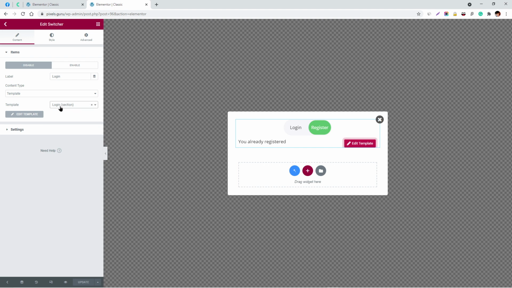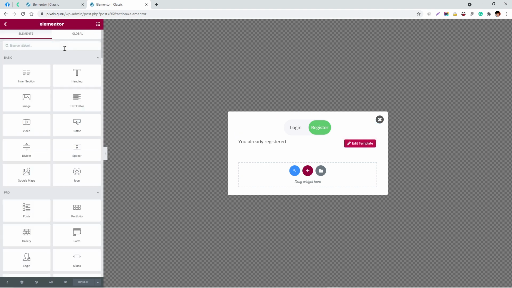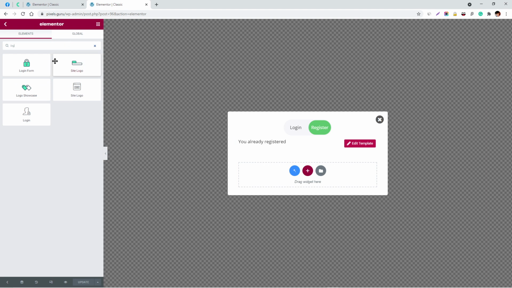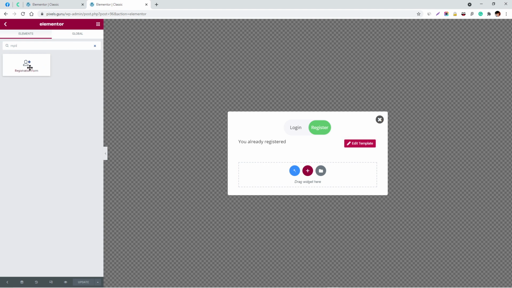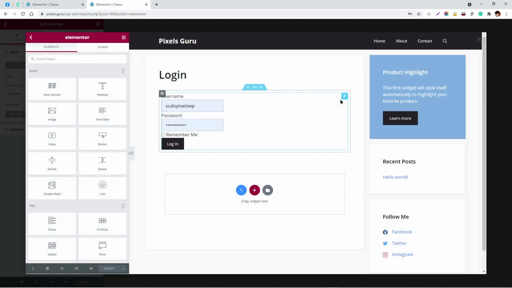Okay, so we had this login section created, which will contain the login widget. CrocoBlock has its own login form widget. Earlier we used this one, but when you're using CrocoBlock, you have this nice login form widget and a registration form widget, and we have used that registration form right here. So in the login form, let me show you by editing this template, and in CrocoBlock you can add a template right there without moving on to any other tab.